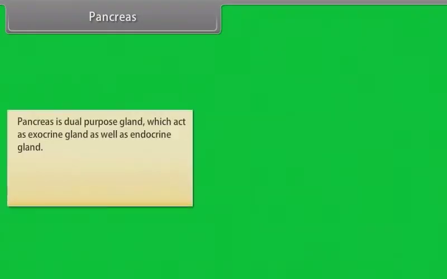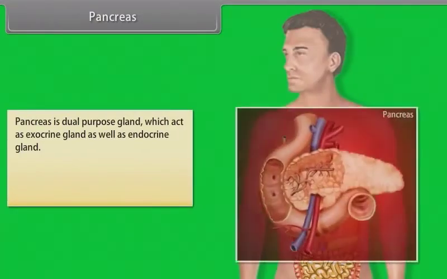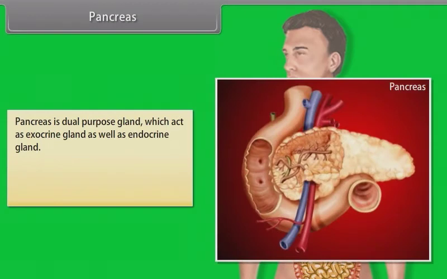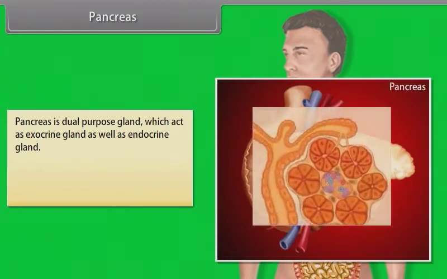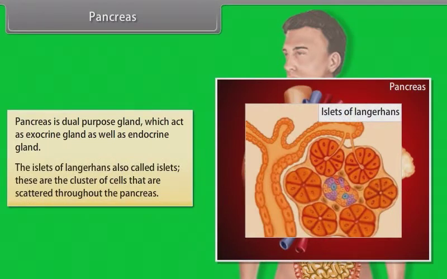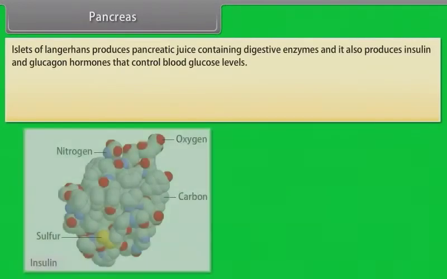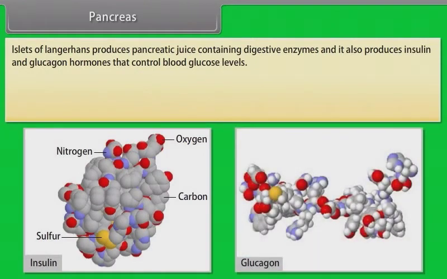Pancreas. The pancreas is a dual-purpose gland which acts as an exocrine gland as well as an endocrine gland. The islets of Langerhans, also called islets, are clusters of cells that are scattered throughout the pancreas. The pancreas produces pancreatic juice containing digestive enzymes, and the islets also produce insulin and glucagon hormones that control blood